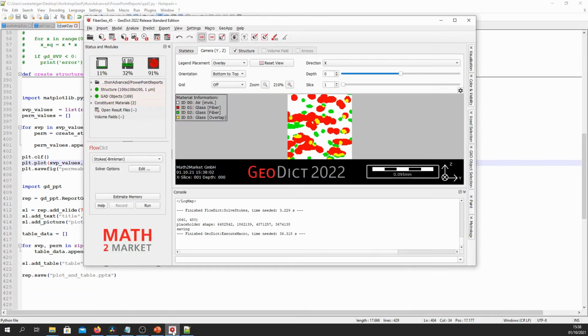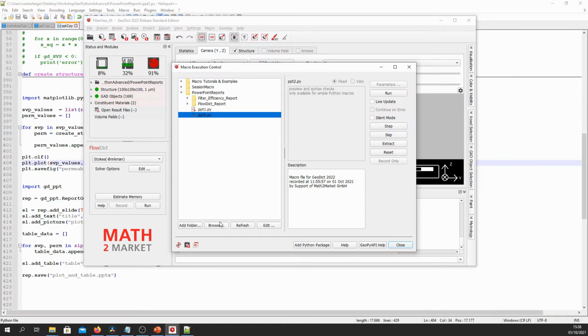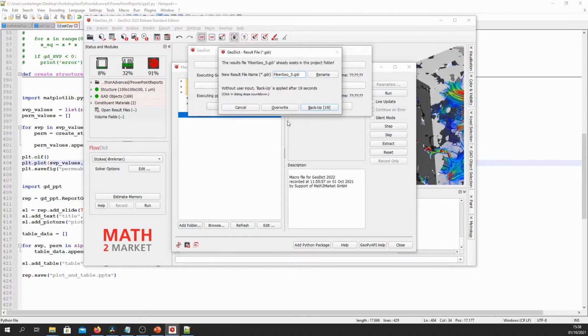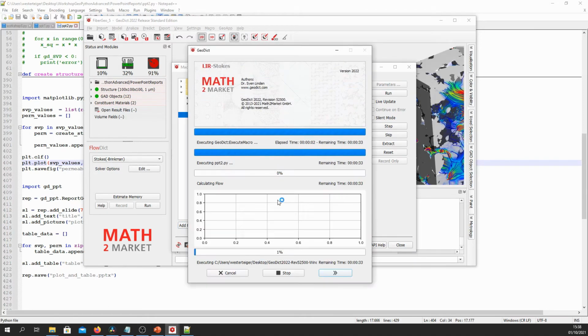Go back to Geodict, execute macro script, refresh if necessary, and select the ppt2.py and run it. Again, you probably have to click override a couple of times.